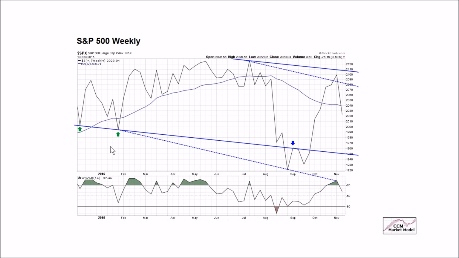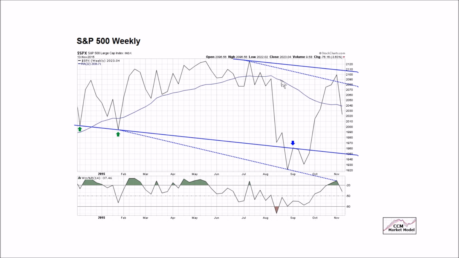Several concerns here. This is support. This is support. Acted as resistance here. If we take this line and move it up here, we get somewhat of an upper trend channel. This is a low, this is a low. This would be the upper part of that trend channel. Price was able to move from the lower end of that trend channel to the upper part, and it was not able to break out.